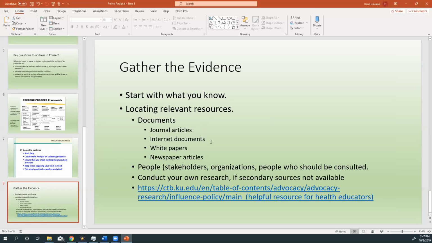There are also internet documents. There are what we call white papers. White papers are usually the result of analyses, often in policy, that haven't been published formally in the peer-reviewed literature, so you're not going to find them in journals, but you may find them in think tanks. There are organizations like the Cato Institute and the Brookings Institute, and this is what they do. These policy think tanks publish white papers on their websites. So you can look at their white papers, and at some of the things they are saying are possible solutions. And as long as you reference them,